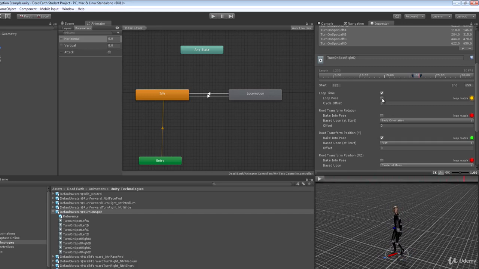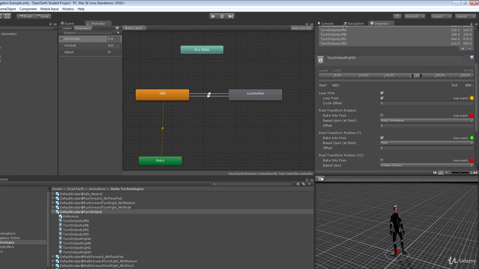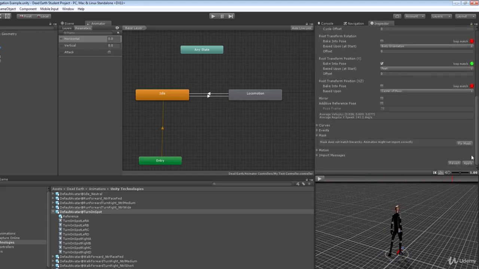Now Unity has this little checkbox here called loop pose, which is really good for trying to fix up problems like this by blending the end and the beginning of the timeline together where they meet. So if I click loop pose, you'll notice now that we get a pretty glitch-free turnaround. So I'm going to click apply,